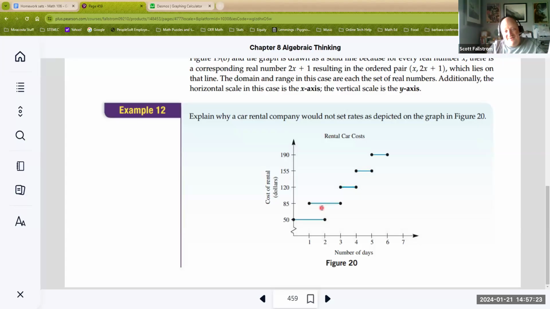And also for you. Well, how much are you paying? Do you know how much you're paying? It's ridiculous. So this would not be a function. And that's why it would also be a little bit of a problem for you if you were renting a